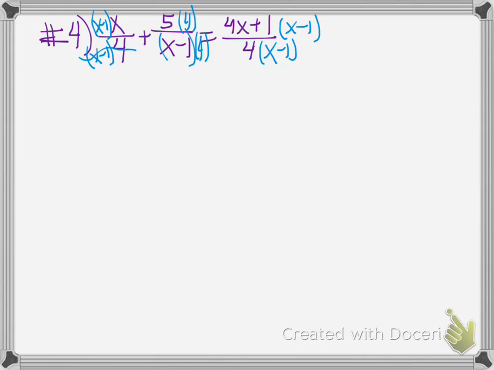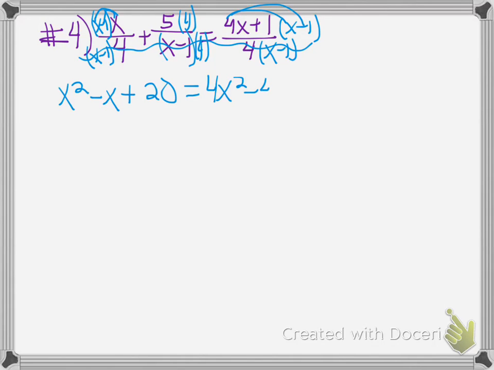So once all of our denominators match, just ignore them, and then let's focus on what I have up top here. So this is x times x is x squared. X times negative 1, negative x. Then I have plus 5 times 4 is 20. Then I have the equal sign in the middle. 4x times x is 4x squared minus 4x